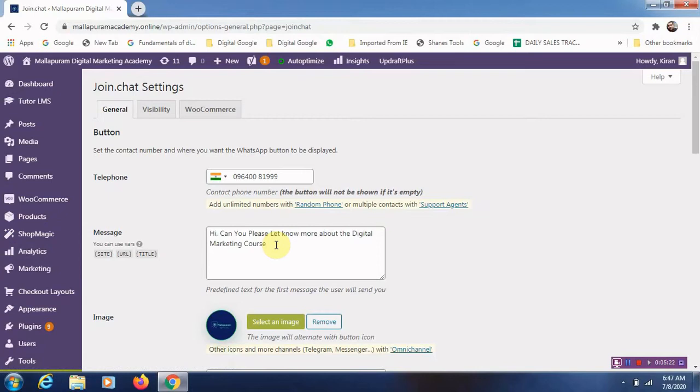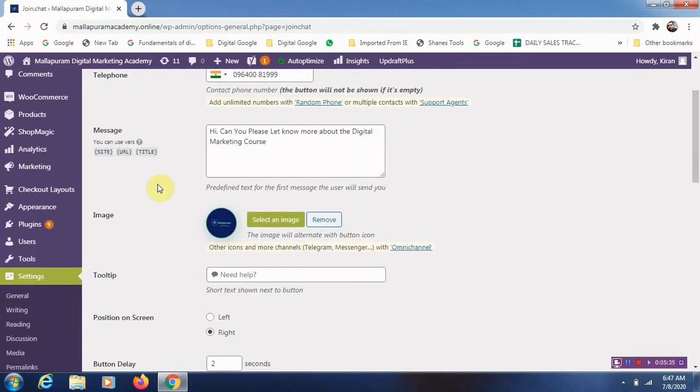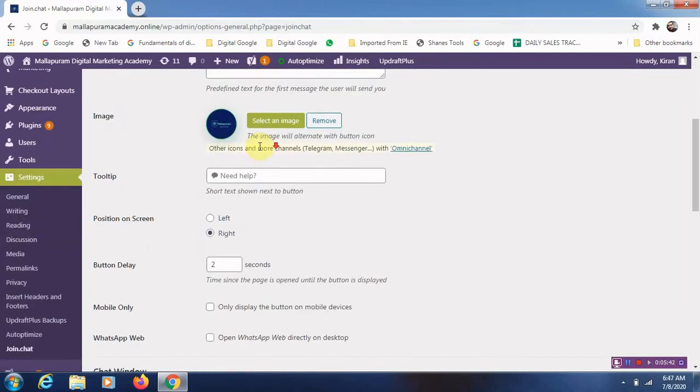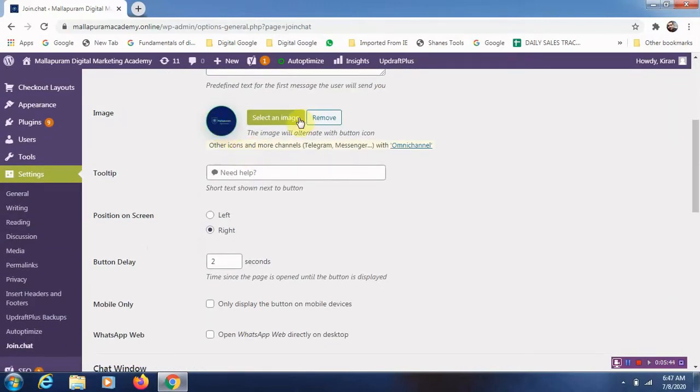For mobile, he can open his WhatsApp, click on our WhatsApp image, and start chatting with our agent. And if he is using the desktop, he has to connect his WhatsApp to the web. This is the welcome message or the initial message that the user will be seeing. And if you want to change this icon as well, you can change this.